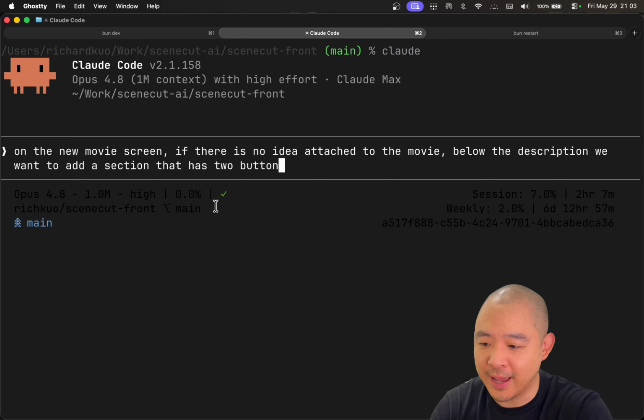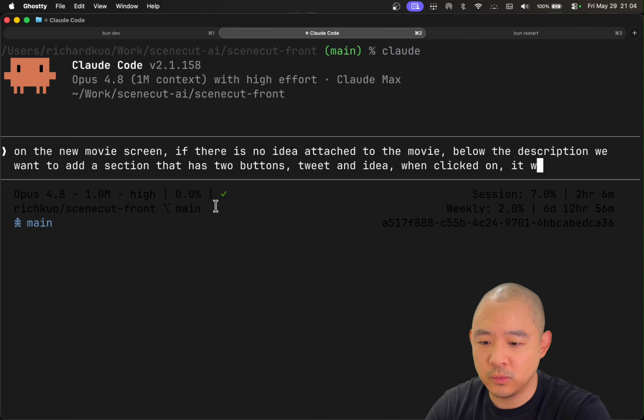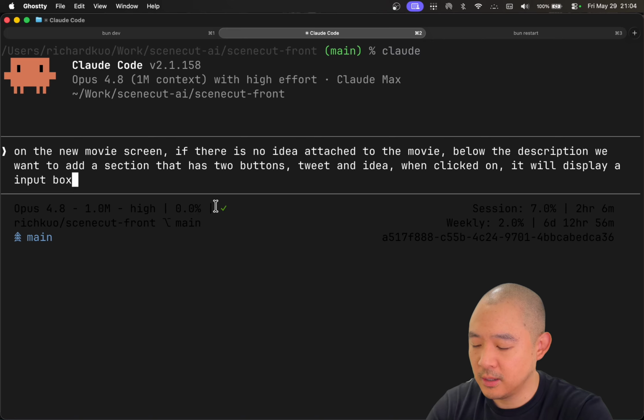So what I'm going to say is I want to add two buttons. One of them is going to be a tweet button. One of them is going to be an idea button, so you can generate a script from either a tweet or from an idea that you have. And I'm going to explain that the buttons are going to show and hide that. So below the description, we want to add a section that has two buttons, tweet and idea. When clicked on, it will display an input box for either a tweet or idea,